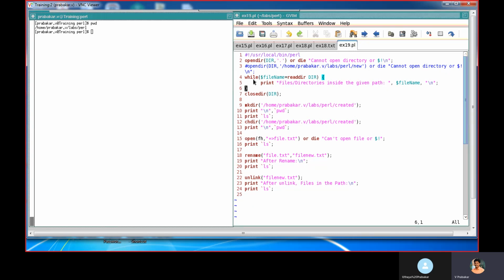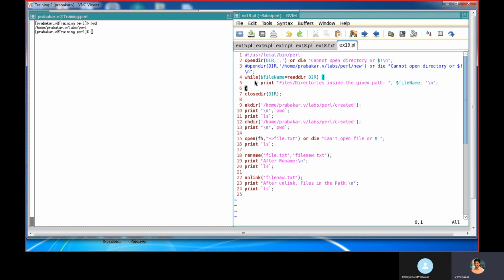Then after opening that directory, using this readdir with the directory handle, I am able to collect the files and the subdirectories present in the directory. So that will collect it here.